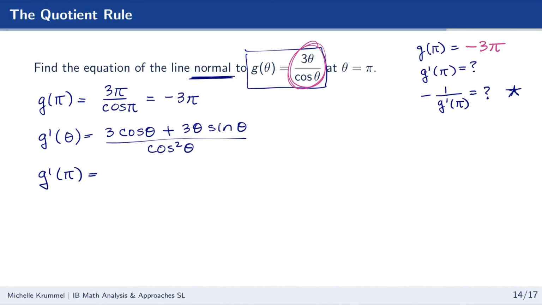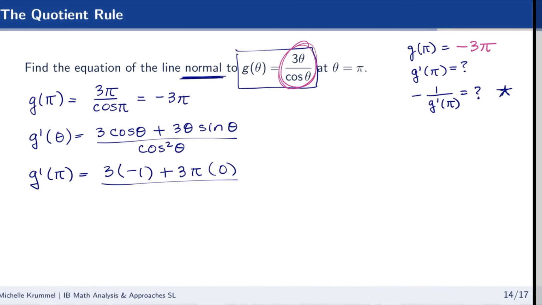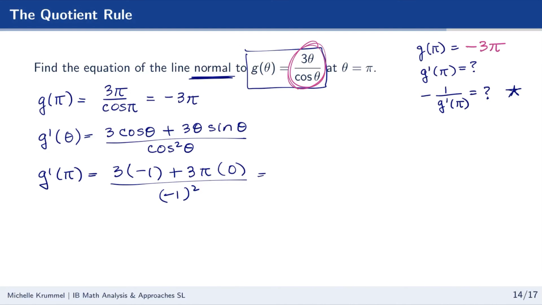Then we substitute pi in for theta. 3 times the cosine of pi plus 3 times pi times the sine of pi, which is 0, over the cosine of pi squared, which would be negative 1 squared. So that is just negative 3 plus 0 divided by 1, or negative 3. And if g prime of pi is negative 3, that's the slope of the tangent line, then the slope of the normal line is the opposite reciprocal, or 1/3. So our tangent line equation would have a slope of negative 3, but our normal line equation has a slope of 1/3. So let's write normal